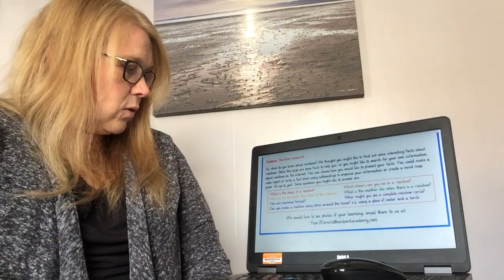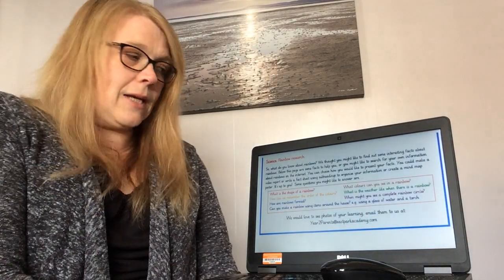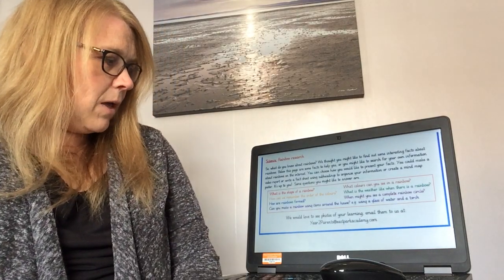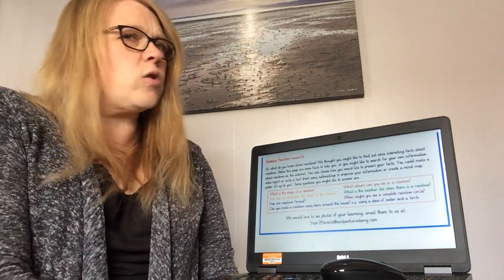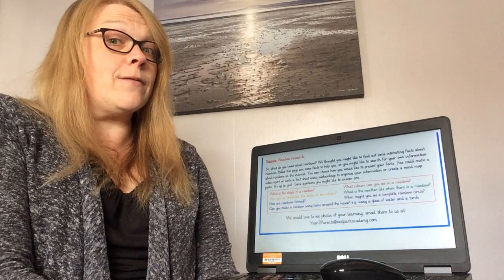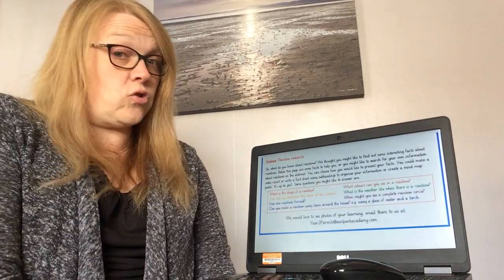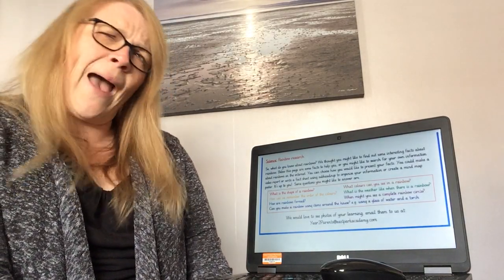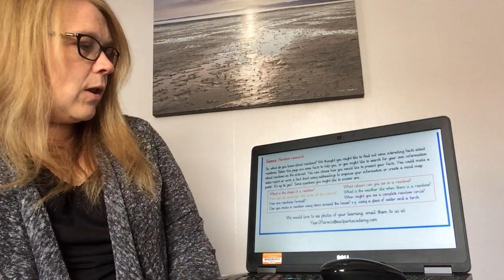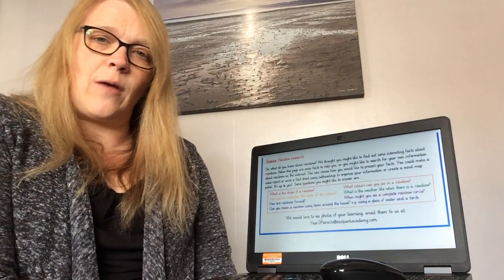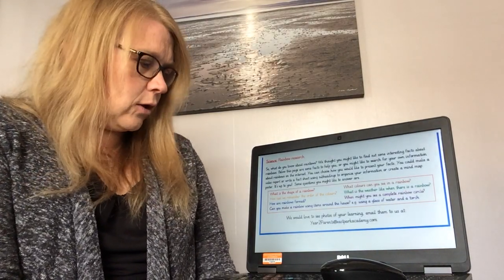Okay, last but not least, we've got a science activity. And keeping with the rainbow theme, we began to think, well, what do you actually know about rainbows? You may have seen them, you may know how to draw them, but what do you know? How are they made? So we would like you to create a bit of a fact file, but we're going to let you present it in any way that you wish.